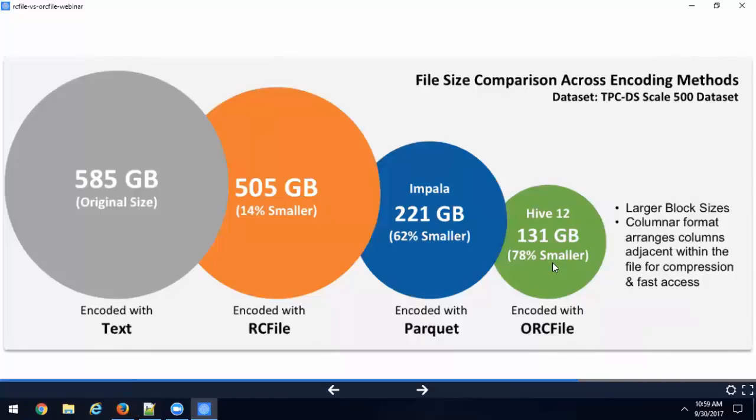That's a lot of information to process, right? First we saw what is row major, what is columnar. We compare the differences, the advantages and disadvantages between both. Then we look at RCFile, how it is better. Then we saw how ORC is better than RCFile, okay? We looked at predicate pushdown on both RCFile and ORC, okay?